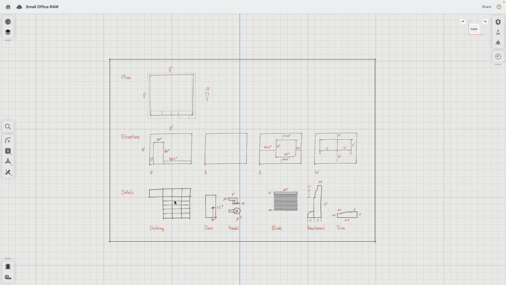Now the bookshelf will go over here. The door goes obviously in the opening for the door. The blinds go over the window. And then we have the baseboard and trim. And you can also see how I dimension everything with the inches and feet,